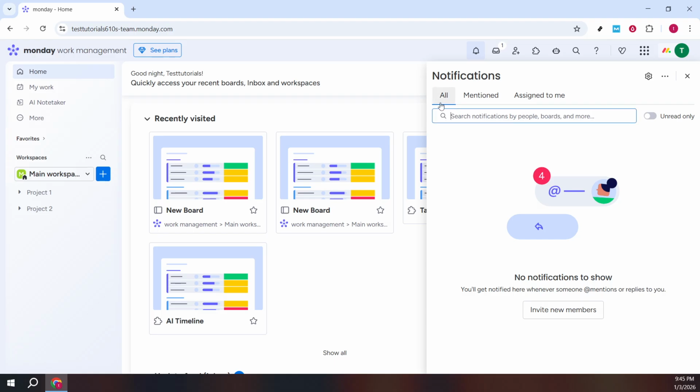This view shows every notification in one place, so you get a full picture of what's happening across your workspace. It's especially useful when you've been away and want a quick catch-up. As you scan through, you'll see who triggered each update, which board or item it relates to, and when it happened. Even if you prefer to work with more focused views, starting with All gives you context so you don't